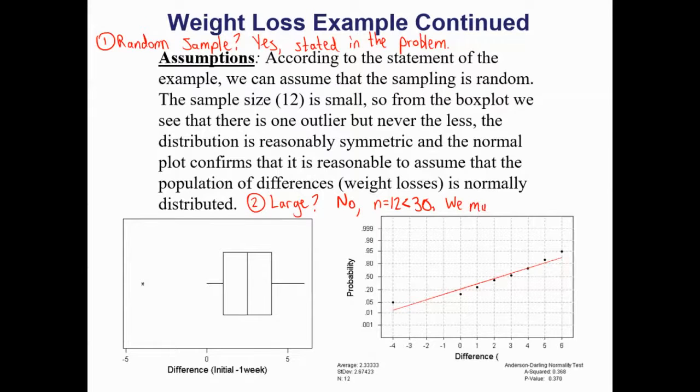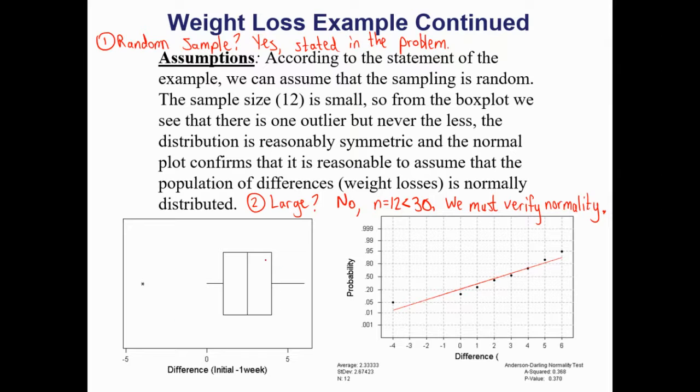We must verify normality. So is that the next step in case that it's smaller? Yep. So we do that, and